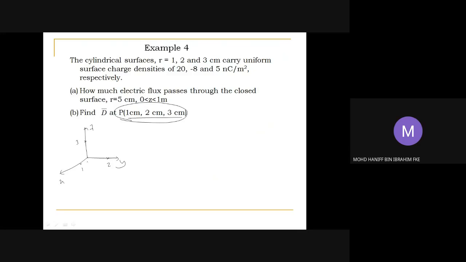That should be your position. What should be the radius for this, if you're using a cylindrical structure, since this is based on cylindrical surfaces, for this particular point of 1, 2, and 3